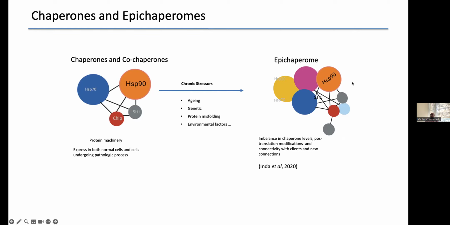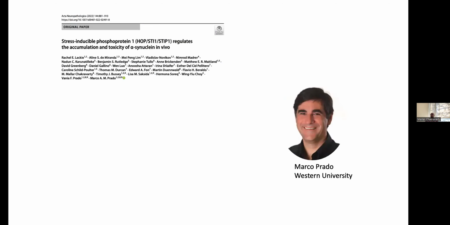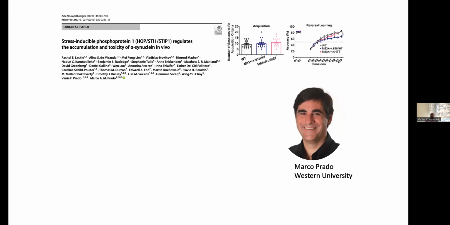But they create an epichaperone when they dysregulate, and then they sequester proteins and are thought to be involved in promoting the misfolding of alpha-synuclein that occurs in these animal models, and in the human condition as well. And so recently we worked with Marco on a paper where we use these biomarkers to look at a potential genetic target, which is STI1, which overexpresses some of the heat shock proteins, which are known to be involved in the proper functioning of the chaperone.